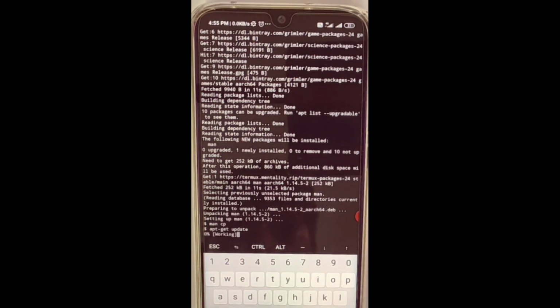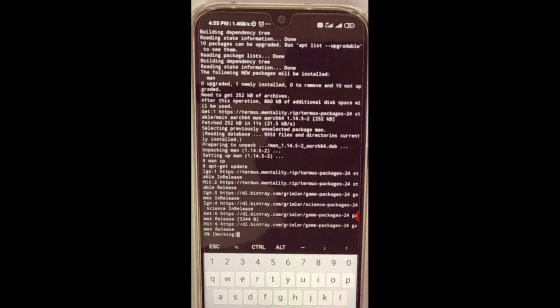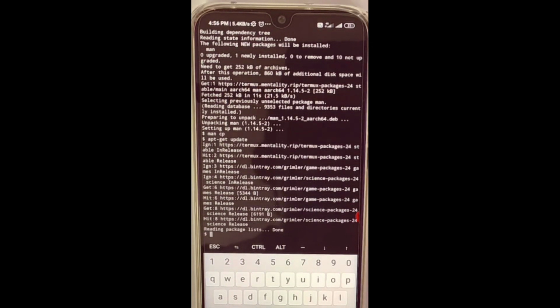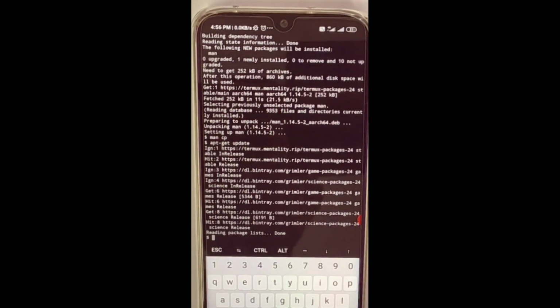When you enter that, it will come like this. During this time you have to keep the internet connection on. Okay. So after that is done, then you have to install C programming.